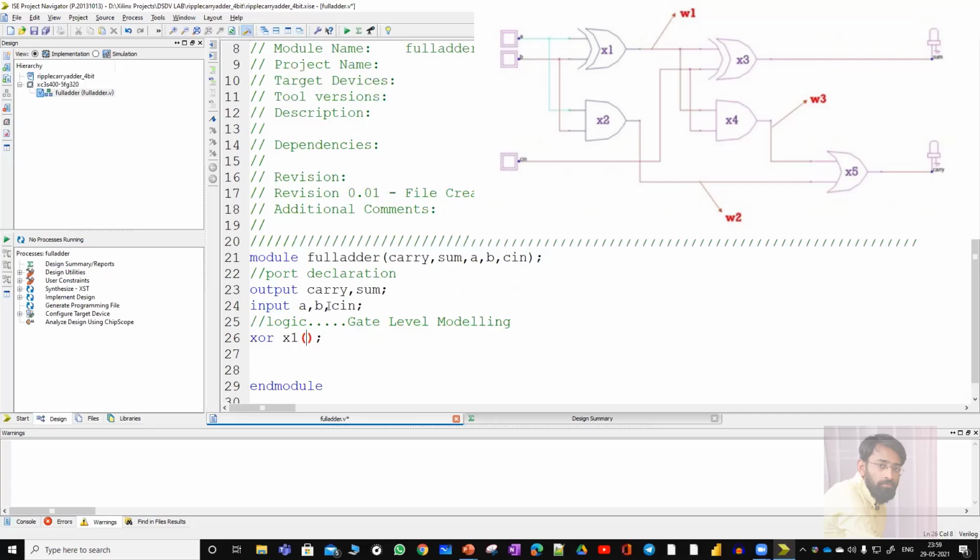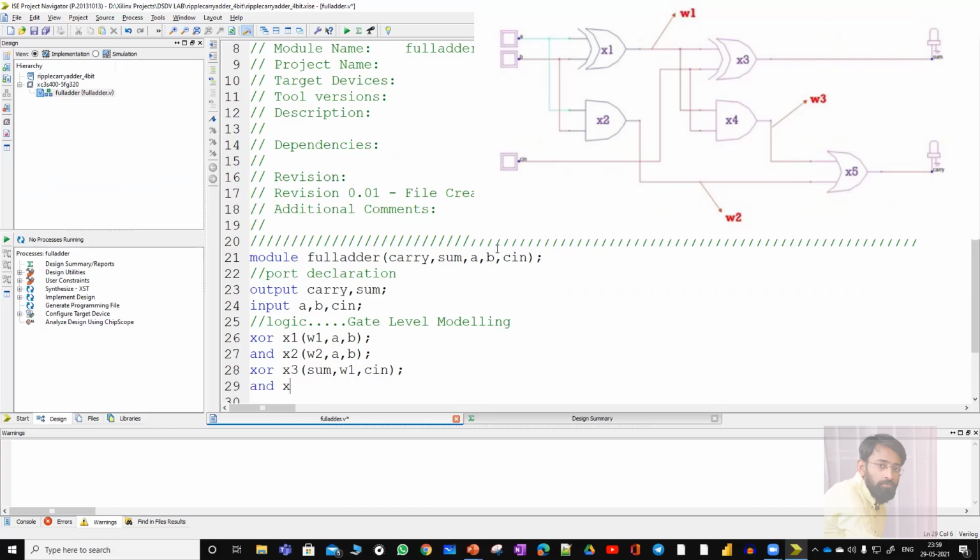Coming to the XOR gate, it contains output as wire 1 followed by 2 inputs which are A and B. Similarly, coming to the AND gate, giving the name as X2, the output for this is W2, inputs are A and B. Next, coming to another XOR gate, the name for this is X3, and the output for this particular XOR gate is sum, followed by inputs which are wire 1 followed by Cin.